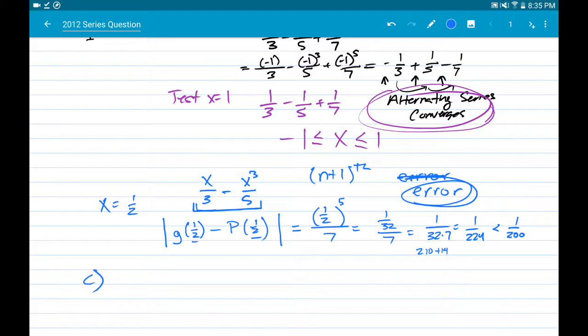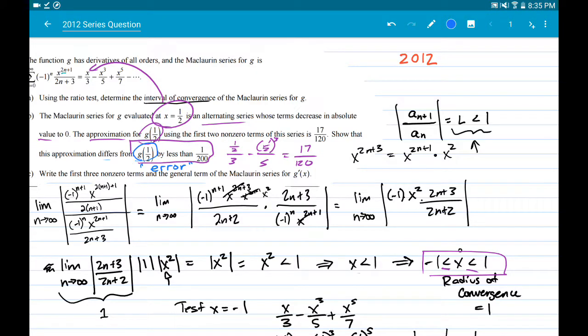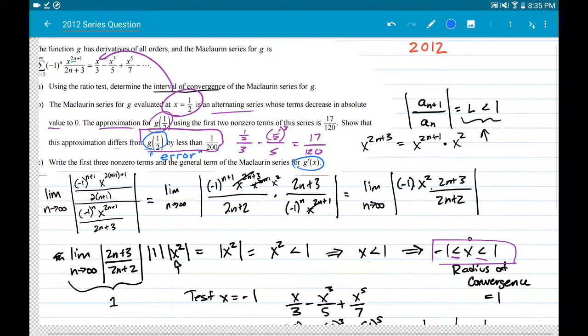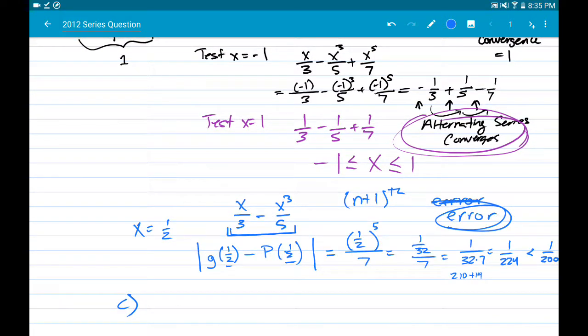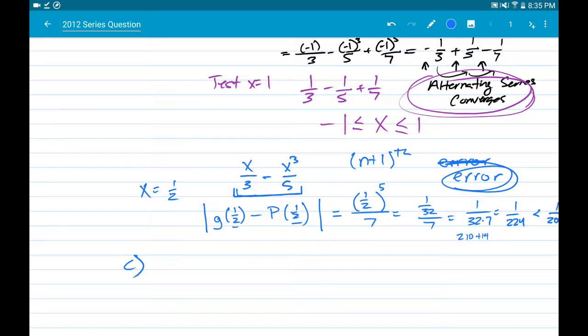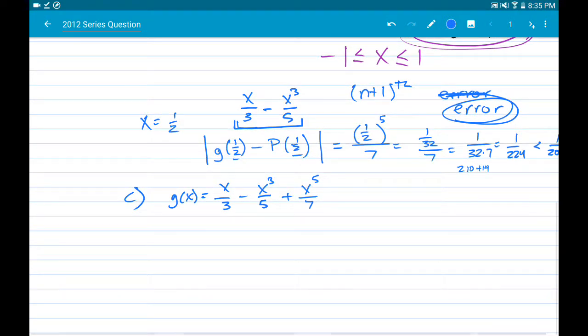All right, and finally, letter C. Write the first 3 non-zero terms and the general term of G prime. I actually think this letter C is easier than some letter C's. And so we've got our G of x, which was equal to x over 3 minus x cubed over 5 plus x to the 5th over 7. And so our G prime